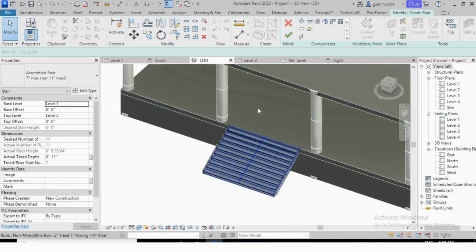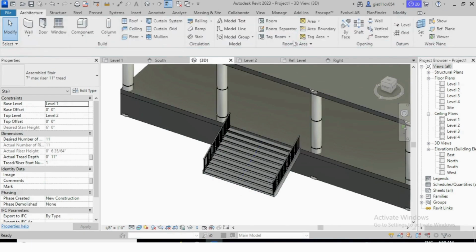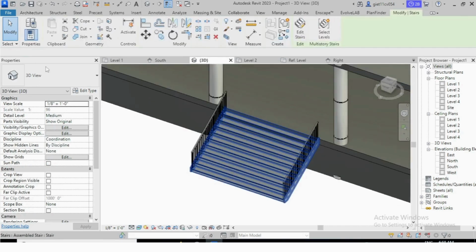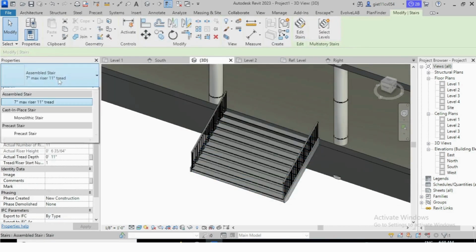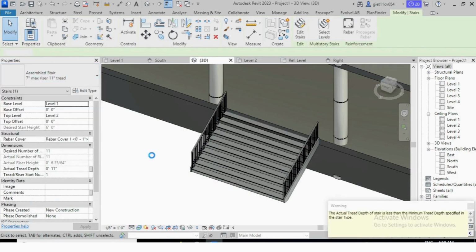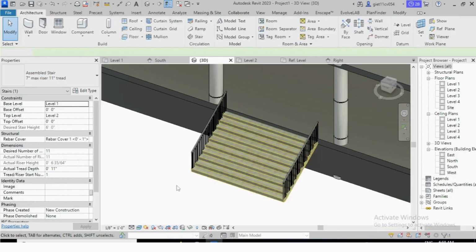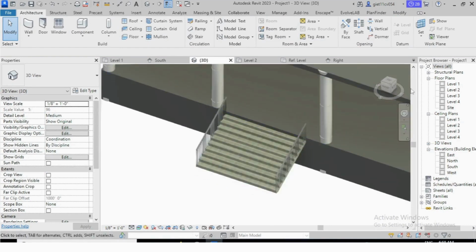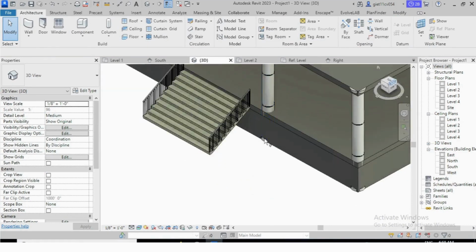Now make this monolithic. Click on the stair, go in properties and make it a monolithic stair. Okay, now here you can see it looks good.